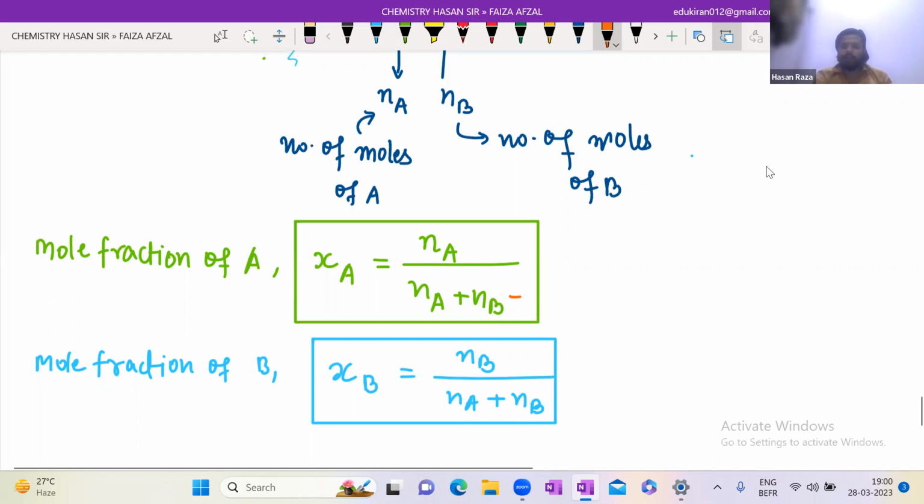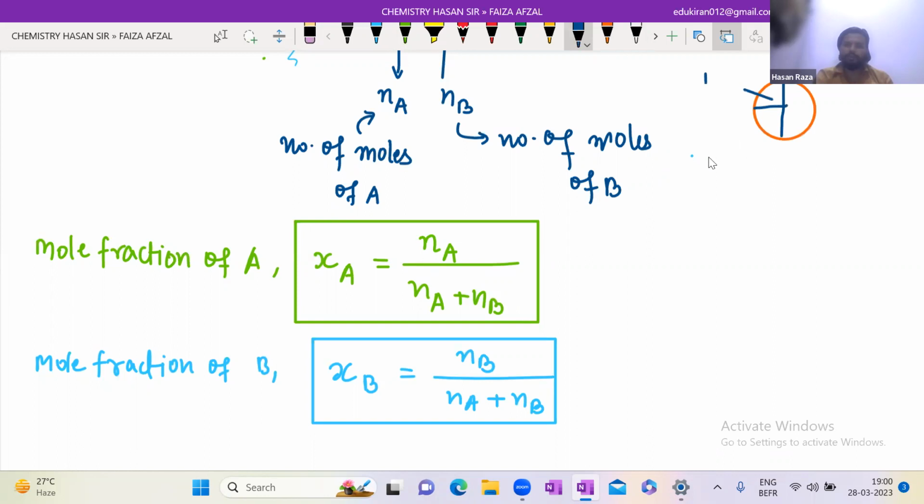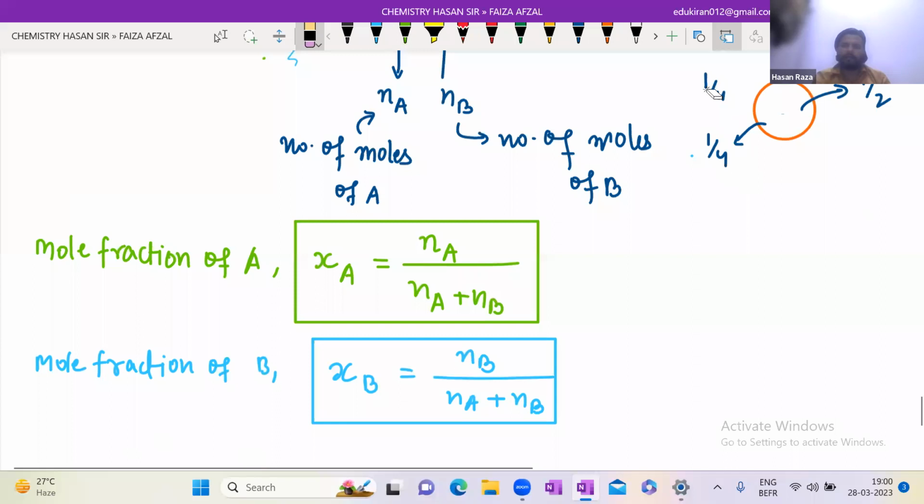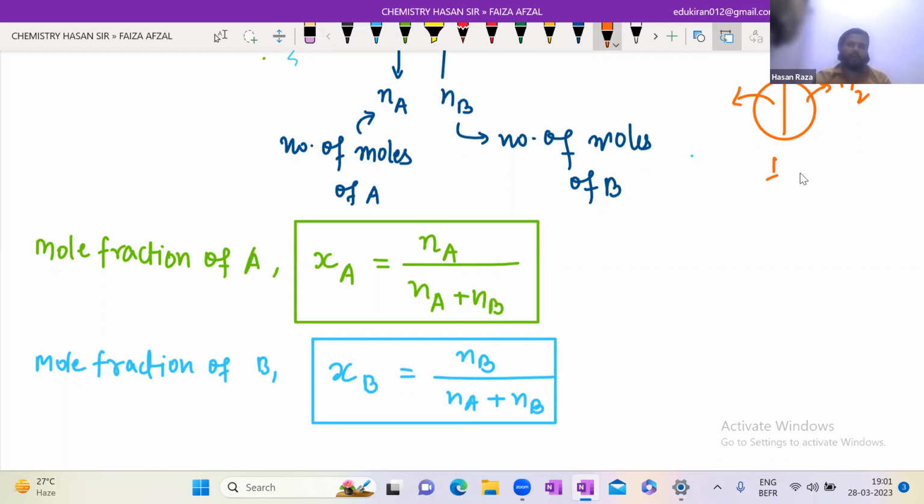Also, mole fraction is just like if you have a bread and you are going to divide it into parts. As you can see, this is 1/4, this is also 1/4, and this is the half. Or you can easily divide it into two equal parts, that means half and half. Mole fraction is just like this. This is your half, this is your half. And if you are going to add these fractions,